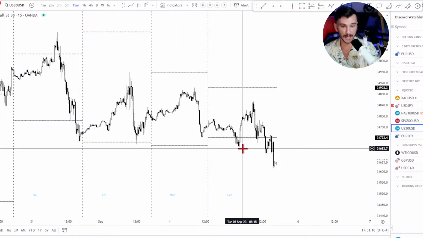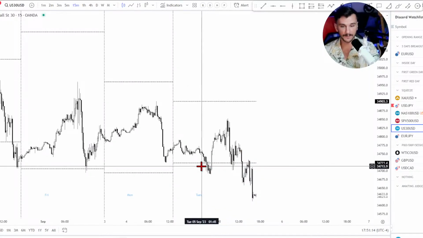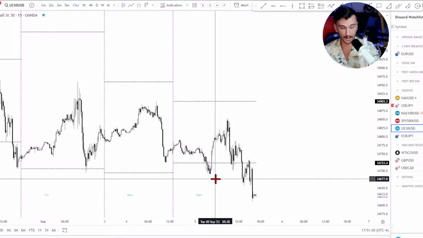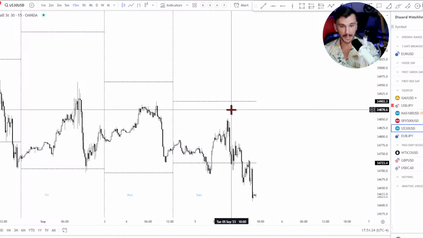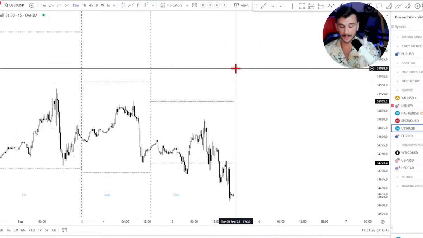Okay, fantastic. Now it's made a low over here. It went lower. So I need to identify a few more things. How do I identify swing highs? How do I identify swing lows? Is that a break of structure? Is this 3 pushes back up? Is this breakout, pullback, continue? Or is this a failed breakout? We're going to the other side of the range. That is legitimately the entire basis of the strategy. That's everything that goes into it. All of it is just those 3 things.